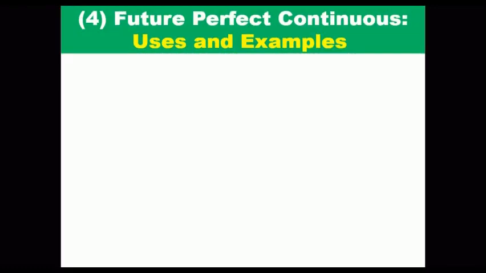Still on the future perfect continuous uses and examples, we have cause of something in the future as another use of the future perfect continuous tense. We can talk about something that we can see as evidence or as something that is going to cause something in future. Okay, for example,